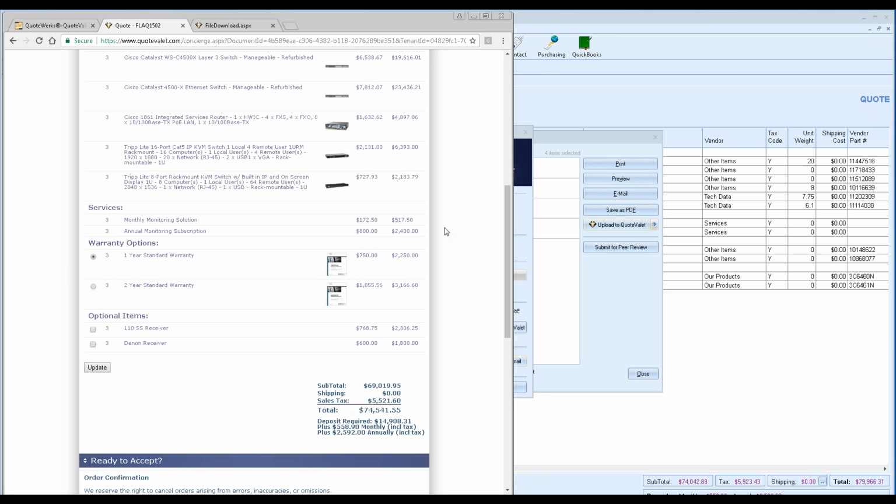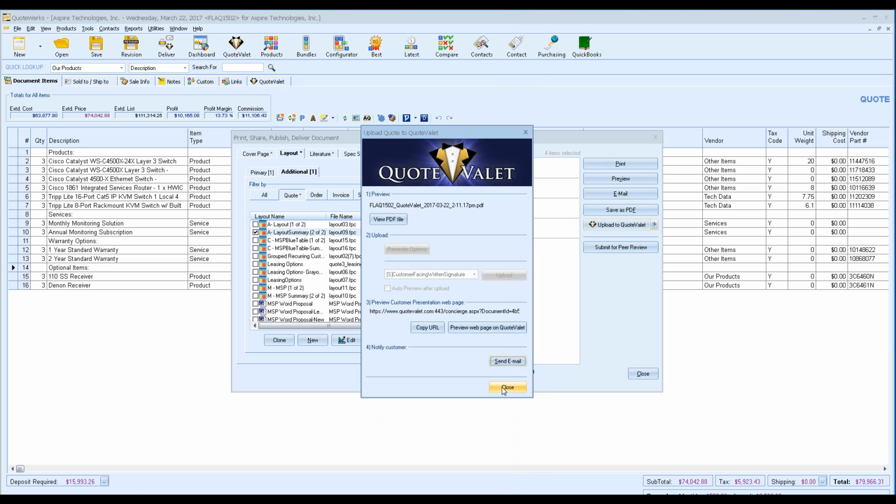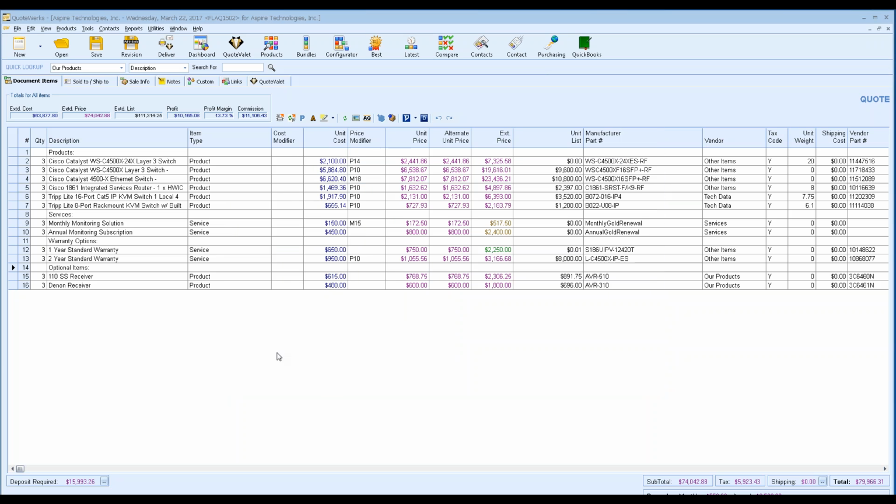Now, you may say, okay, well, that's great, but what happens on the QuoteWorks side of things? So let's go back into QuoteWorks and let's see what happens. So we go ahead and hit close here, close out of my deliver window. Now, since I have this document open, it's not checking for updates. But if I had just logged into QuoteWorks and opened this document, anytime you've uploaded a document to QuoteValet, and you can always tell by the QuoteValet tab being available, it will automatically check for updates. If you want to refresh, if you have the document open and you want to check for updates,